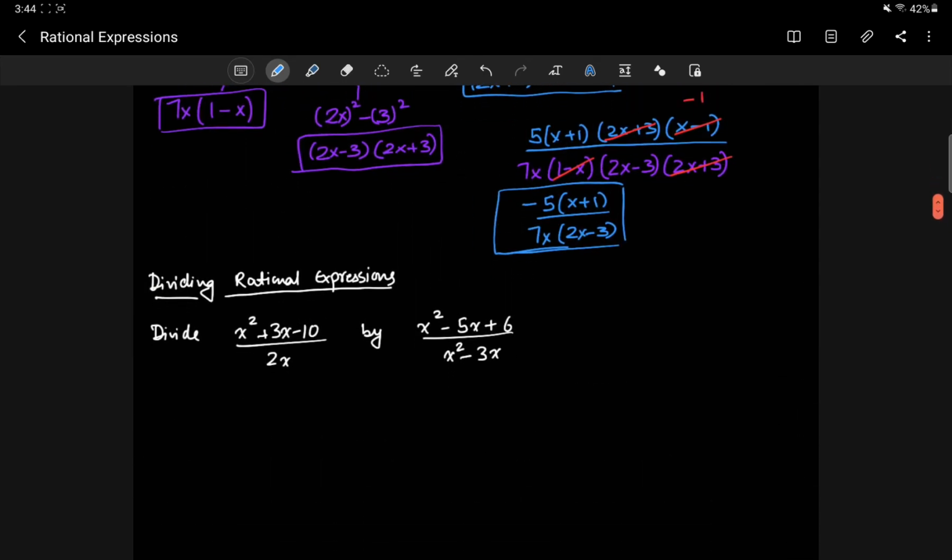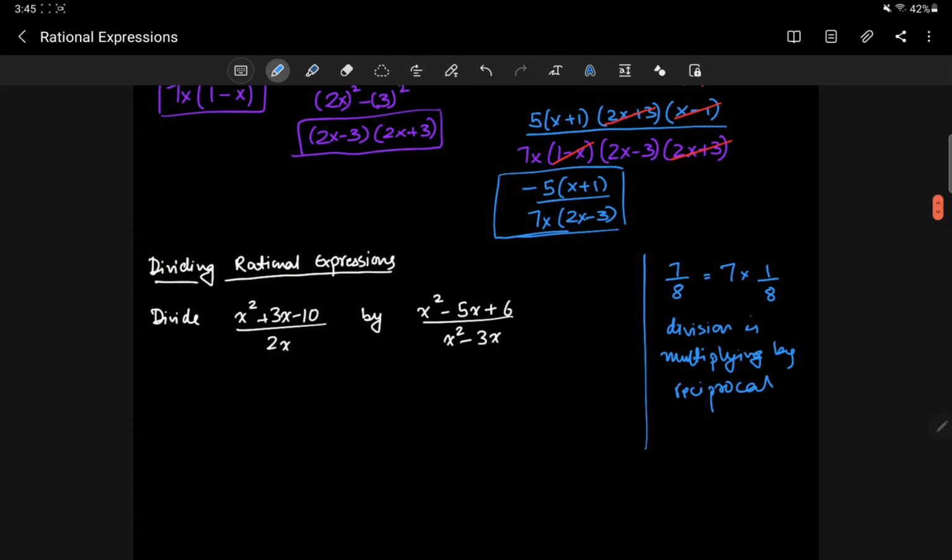The next is dividing rational expressions, which is very much similar to multiplication. Why? Because what is division, right? 7 over 8, that's actually 7 times 1 over 8, right? So division is multiplying by the reciprocal. Which means when we say divide this by this, right, if I write it symbolically,